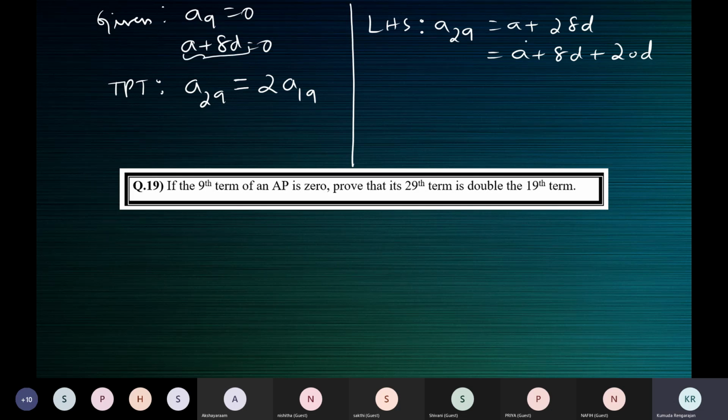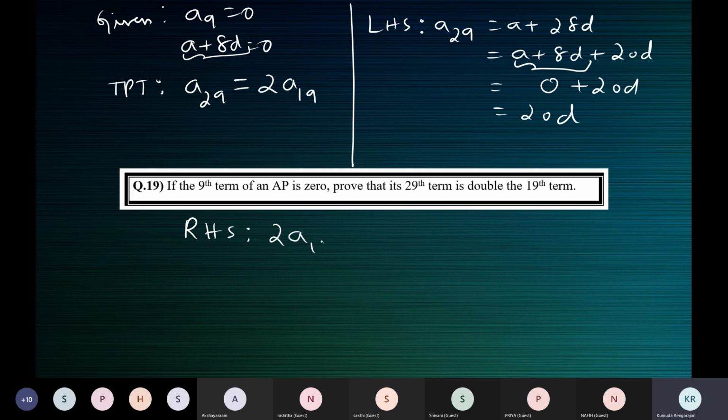You can split because you know that a plus 8d is 0. So you want to introduce a plus 8d here. So you write a plus 8d plus what will make 28d. See this a as it is. 28d, you're splitting it as 8d and 20d because 20d plus 8d is 28d. But why are we writing like this? Because we know that a plus 8d is 0. So this is equal to 0 plus 20d. You get the same thing, just substituting in a different way, that's all.